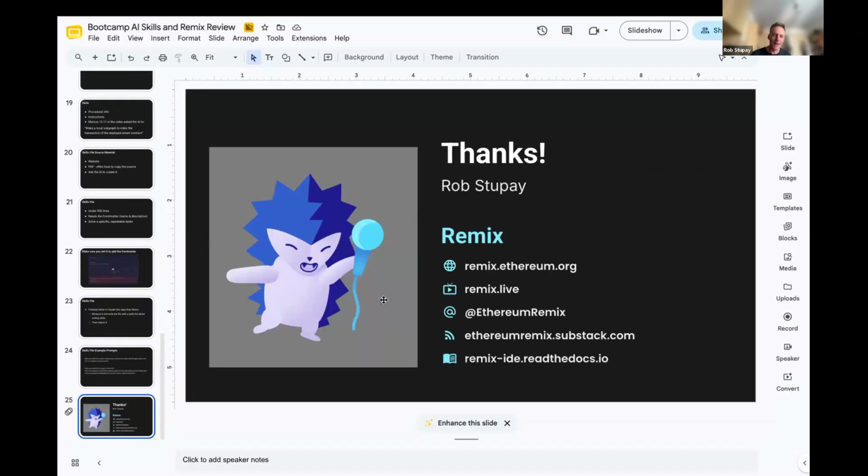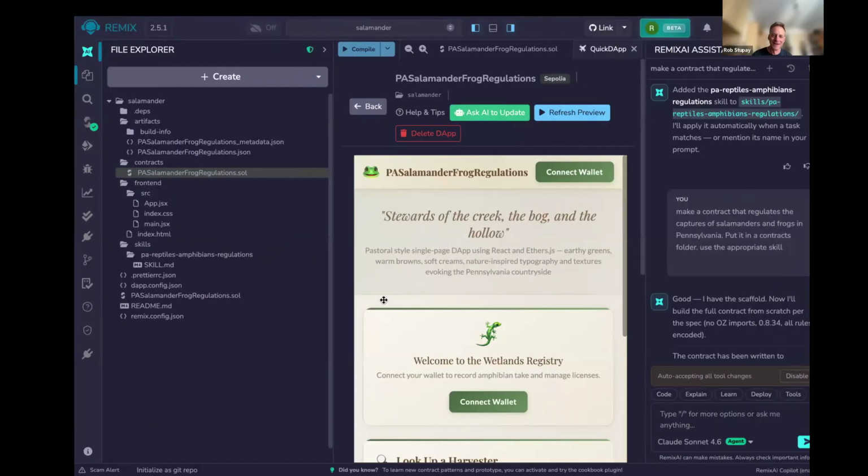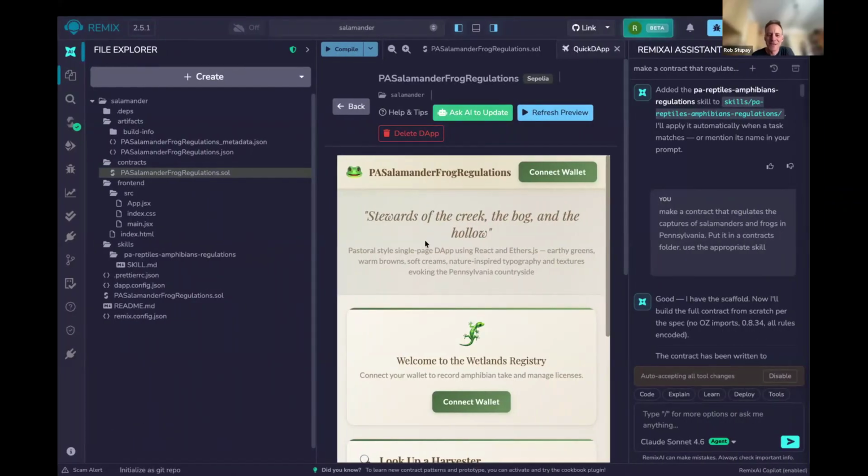What else we got? Okay, we're not quite done because I wanted to show off this site. So anyway, this started out as a blank workspace. I made a skill file from that, Pennsylvania amphibian regulations. Then I used this prompt to make a contract that regulates the capture of salamanders and frogs in Pennsylvania.